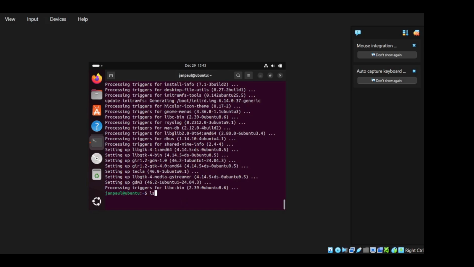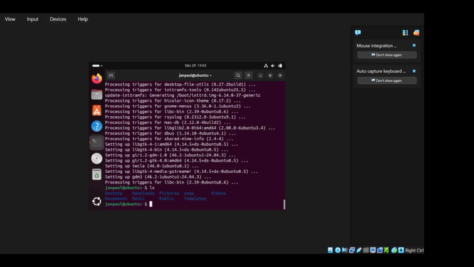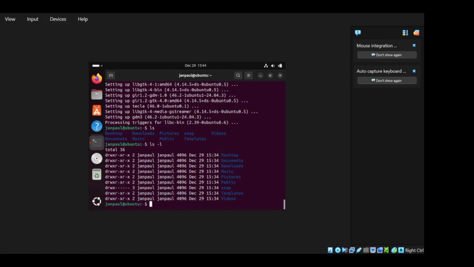Let's try ls. ls will list the files in the current folder, and ls -l shows detailed information like size, owner, and date. And let's see if I can create a folder.